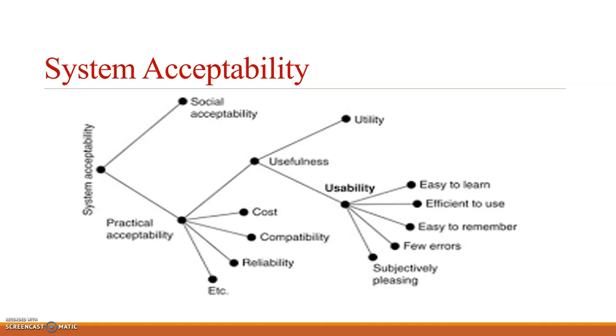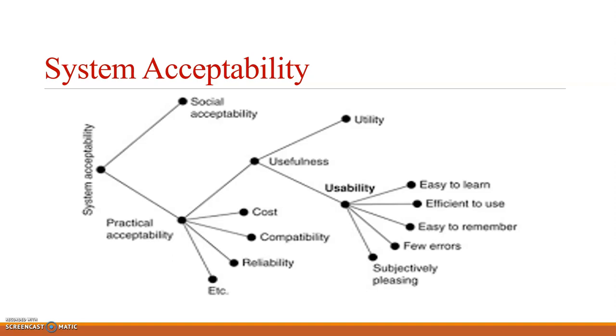Usefulness is again broadly categorized into two: utility and usability. Utility is the question of whether the functionality of a system in principle can do what is intended, whereas usability is the question of how well the user can use that functionality. So the first defines the functionality of the system which is going to be used, and the second targets how well all that functionality is being used by the user.